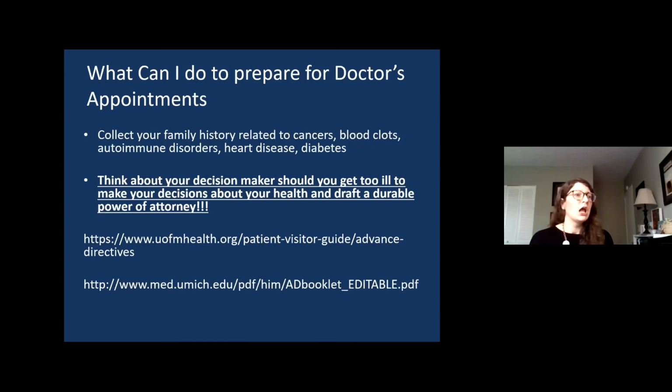And the last thing that I really want to highlight here is, we all hope to live into our 70s and 80s, and we all hope to be healthy, but sometimes that's just not in our plan. So it is worth spending a little bit of time with your family, talking with them about your wishes in terms of your treatment if you were to get sick. And this includes identifying a decision maker if you were to get too ill to make decisions for yourself about your health, and talking with that decision maker about what you want for your care at the end of your life. And I put some resources here.